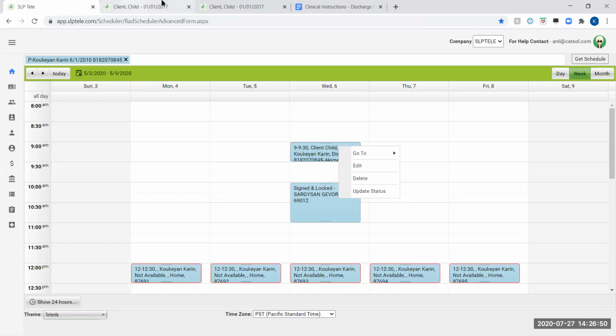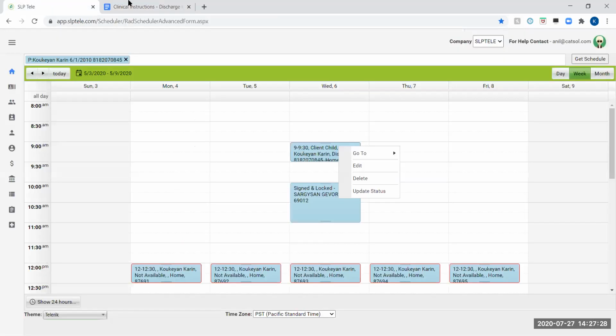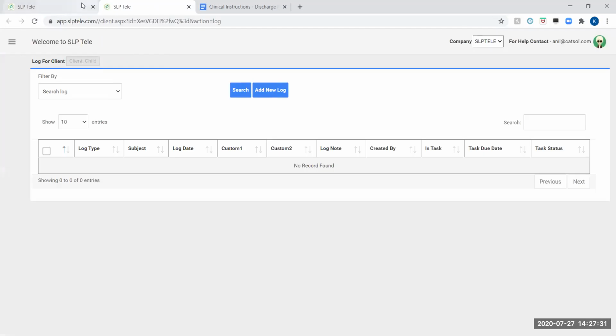So let's go back and look at the scenario for eval completed where ST is not indicated. That does happen when you evaluate a client and they either don't need speech therapy, or maybe their errors are completely developmentally normal. And so what you want to do in those cases, we're going to go back to